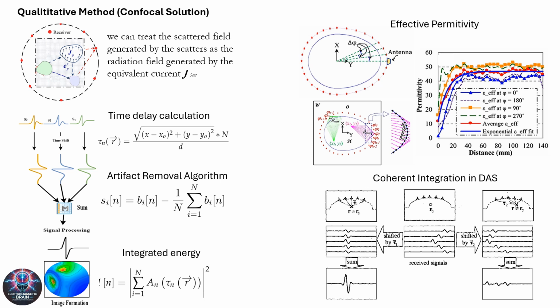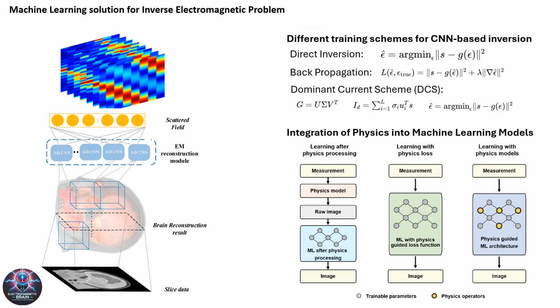on dielectric property differences. In this slide, we explore machine learning, ML, and deep learning solutions for addressing the inverse electromagnetic scattering problem, which involves retrieving the permittivity of dielectric scatterers from measured scattering data. This problem involves determining the permittivity epsilon of dielectric scatterers from the measured scattering data S. The scattering model G, which is typically nonlinear due to the multiple scattering interactions, making traditional iterative approaches computationally expensive